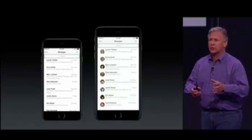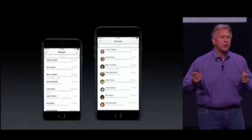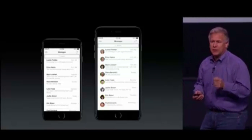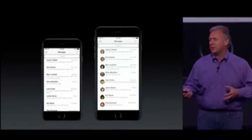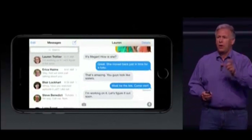and there's extra room there so we put your friends' faces right there from the center. And when you turn it in landscape, we can show more as well. And we took special advantage of the iPhone 6 Plus because of all those pixels to do some new things with our apps. So, for example, the Messages app now has a new horizontal 2-up